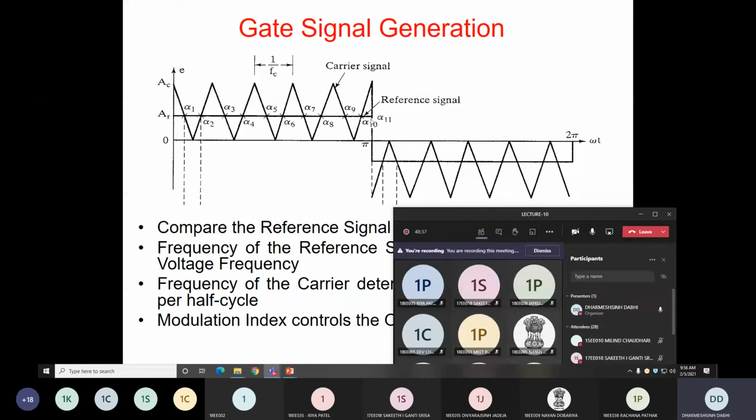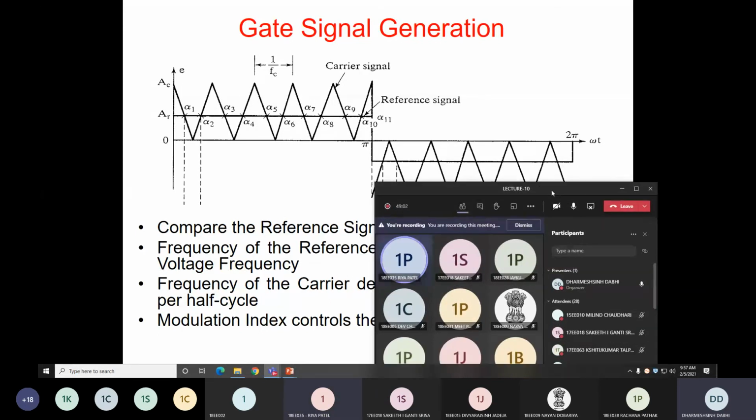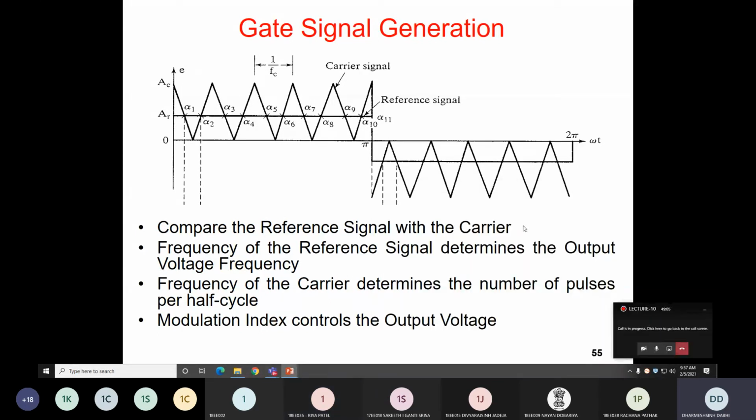where your reference signal completes only one cycle, this positive and this negative, one complete cycle. So in one complete cycle of your reference signal, your triangular wave completes 10 cycles. So for the fundamental frequency, suppose this reference square wave frequency is 50 Hz. What is the frequency of this triangular wave? That is my question. Yes, 500. Is it 500? Yes or no?